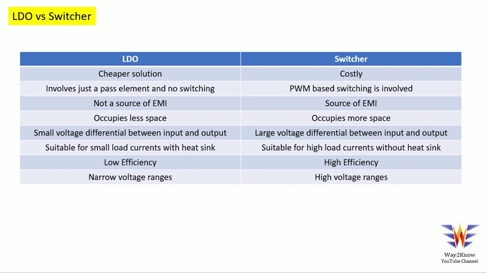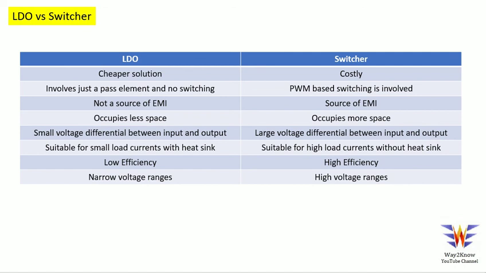And an LDO can be used for narrow voltage ranges. By narrow voltage ranges we mean, again, the differential between the input and the output. That's what low dropout means here. A very low drop between input and output is beneficial for an LDO, whereas a switcher can operate at higher voltage differences as well. For example, if you take a 12 volt input and want to convert it to 3.3 volts at 1 amp, a switcher is the best solution in those scenarios.